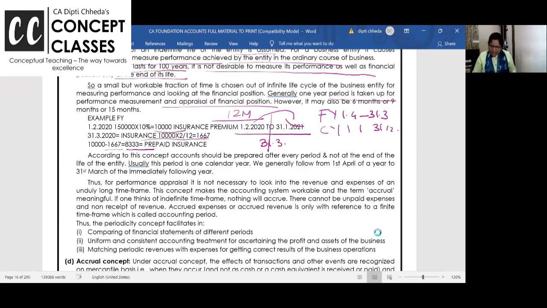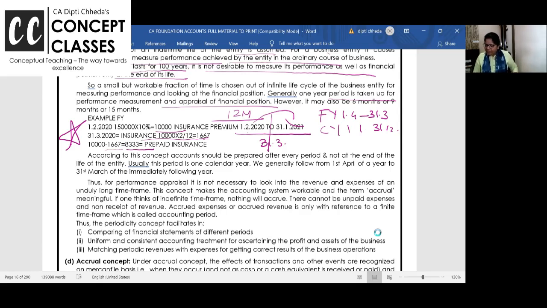I will teach you these. Don't go into the calculations and journal entry in detail. I will teach you outstanding and prepaid in the final accounts of the proprietorship. We'll study it very nicely, superbly we will study it. But as we are doing it now over here, just to explain the concept,